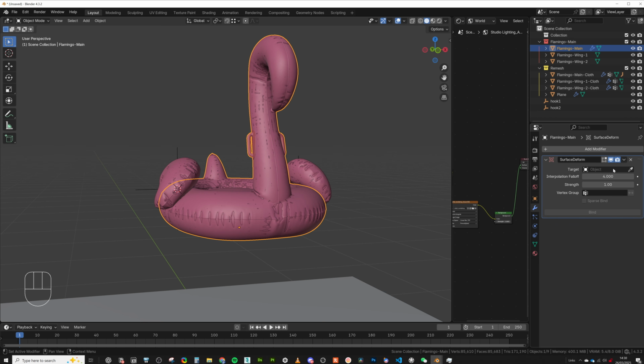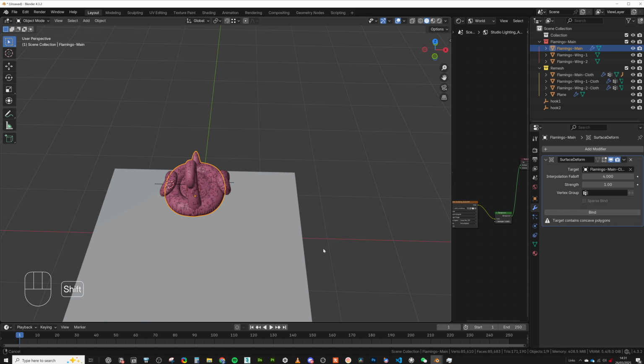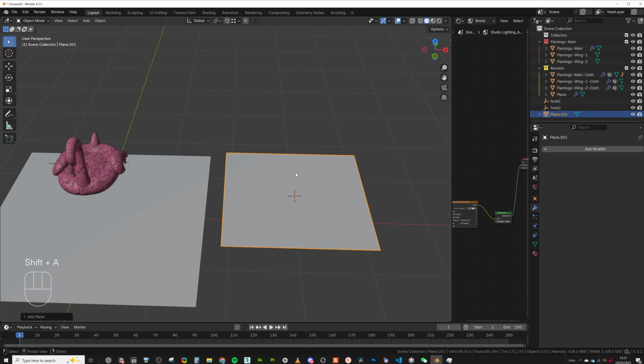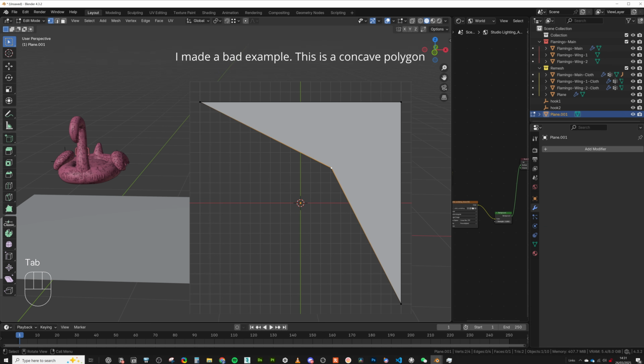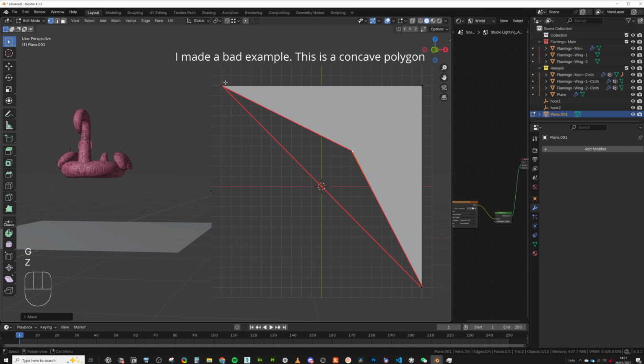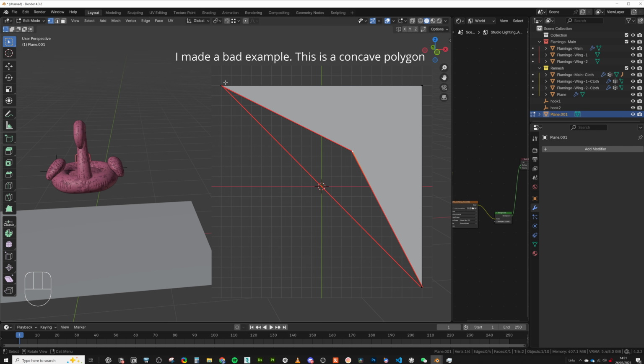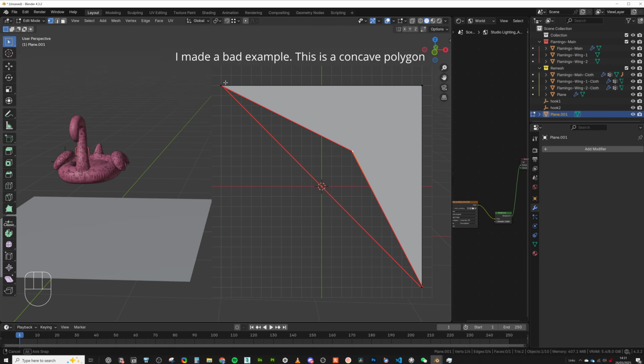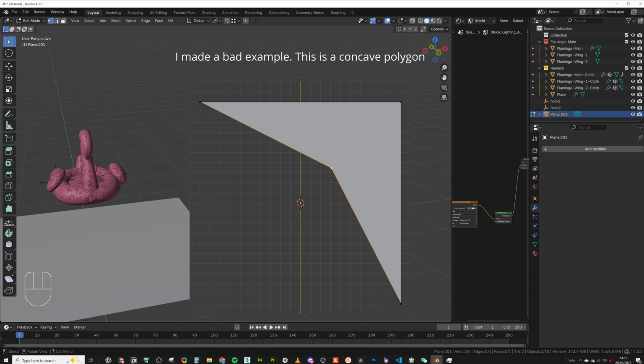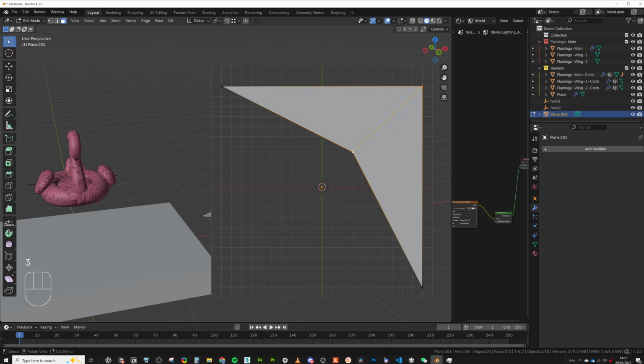And then what I can do is select the flamingo main cloth and click bind. Now, sometimes you might get this error to say that you have a concave polygon. That's basically like if you have a polygon like this. I believe this is a concave polygon anyway, because there's kind of like a floating edge. There's no actual edge here, so Blender doesn't really know what to do with this surface. However, if I was to join these two together with J, now Blender knows exactly how these faces are going